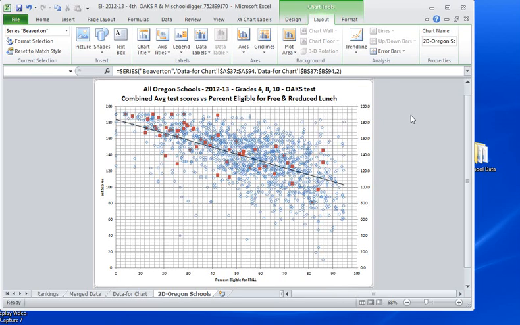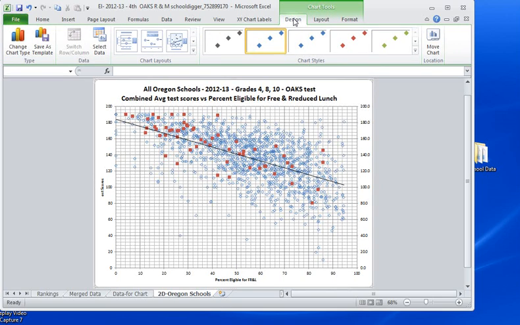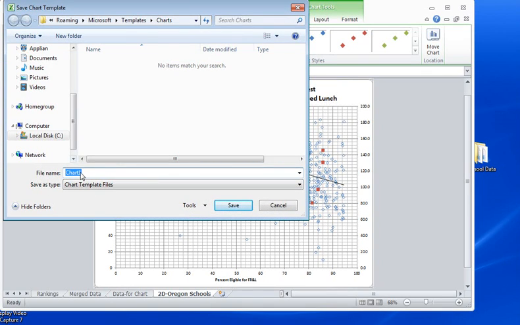Let's suppose I want to save this chart as a template. I could save probably a lot of time by applying some of these changes to a chart fairly easily and quickly with a template. And all I do is under the Design tab, when the chart is active, I just click here, Save as Template, and I give it a name. Let's call this Base Chart. I'll call it Base School Charts,